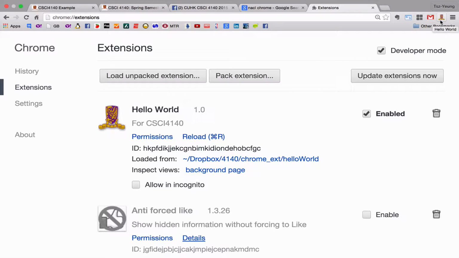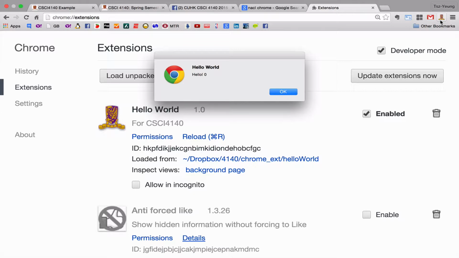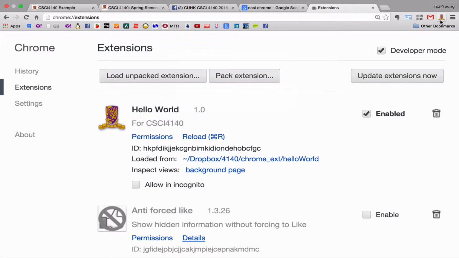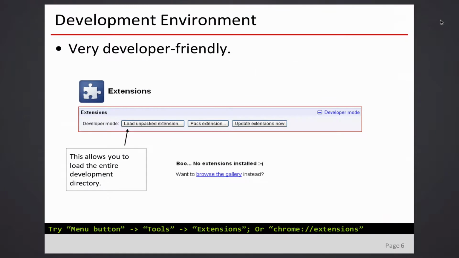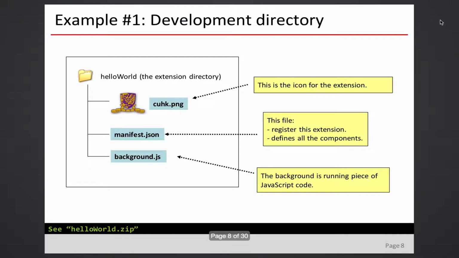Still be visible. Okay. So when you click on it, it says hello 0. Click on it again, hello 1. Okay. So last time I already told you about